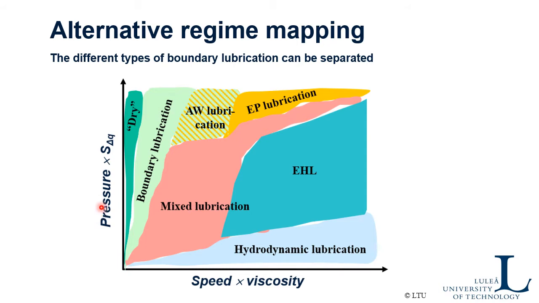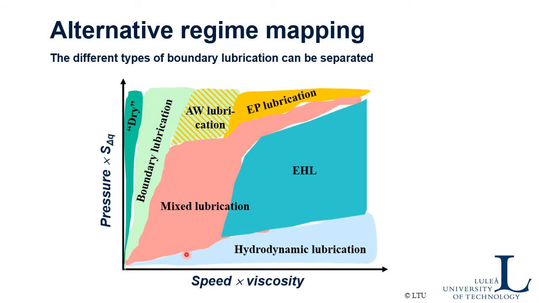It tells you about how high the pressures are. In this direction we have speed multiplied by viscosity, and that tells you a little bit about how good the hydrodynamic effects are. So then I thought, at low pressures and better and better hydrodynamic effects, then you have